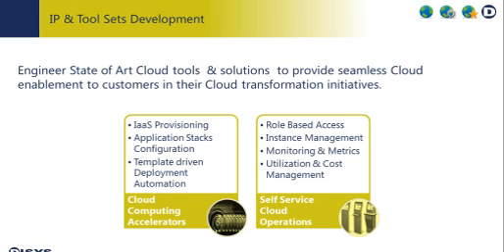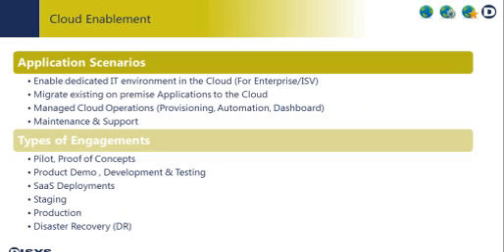So we spent a fair amount of time looking at the APIs that are available and how we can actually build some intellectual property that can be shared with our customers as well as our prospects. Some of the application scenarios that we're looking at are, how do you take existing on-premise applications and move them onto the cloud? How do you look at the ongoing maintenance support of those applications? And the initial use cases that we're focusing on are essentially deploying applications that can be utilized in a pilot or proof of concept perspective.